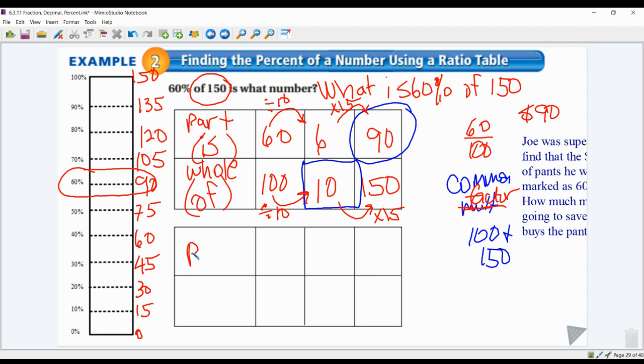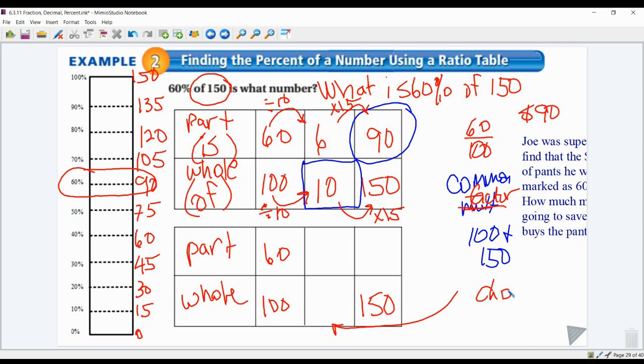I'm going to go ahead and put the part, and I'm going to put the whole, and I'm going to start with the information that I knew: 60% is 60 over 100, and then 150 is the whole. This is how much I'm going to pay if I don't have a sale. Okay, so now what works every single time is